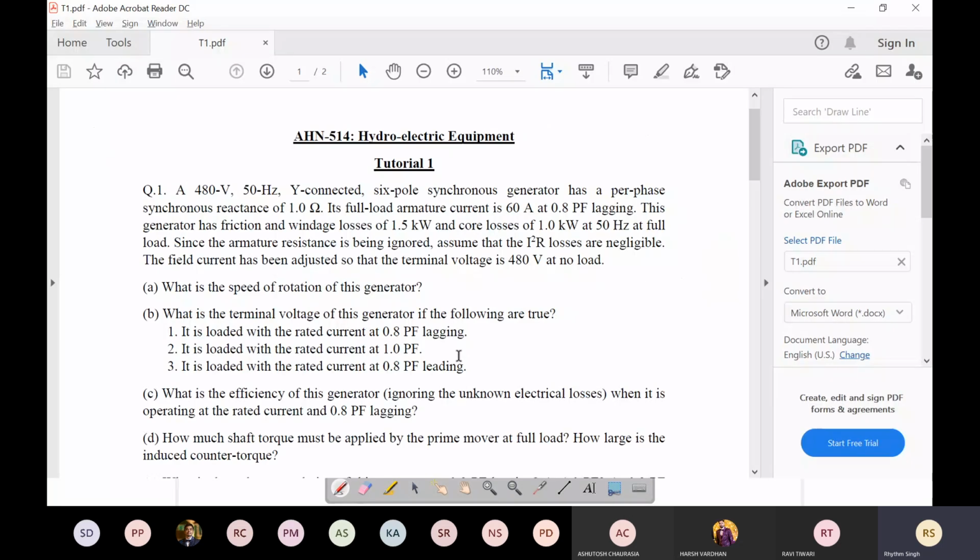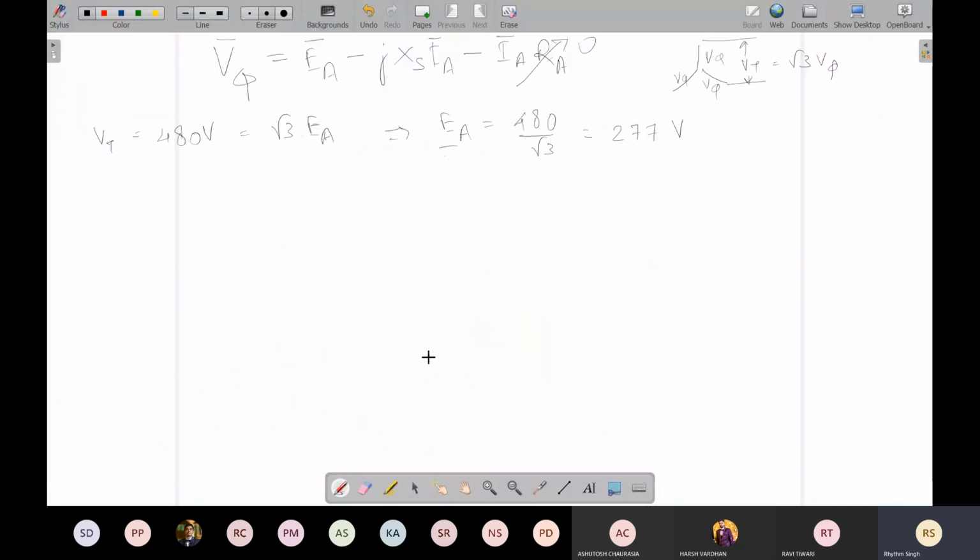So this can be solved in a couple of different ways, but I will discuss here with the phasor diagram so that this concept of phasor also becomes clear to you, and also because it's a very easy and graphical method for solving such problems. So if you recall earlier also, when I had discussed phasor diagram in one of the classes, I had said that for this synchronous generator, it is just a convention. You can take any quantity as a reference quantity. Usually what we do is that we take your V phi as the reference quantity. That means at 0 degree, parallel to the horizontal axis. So V phi is the reference quantity.